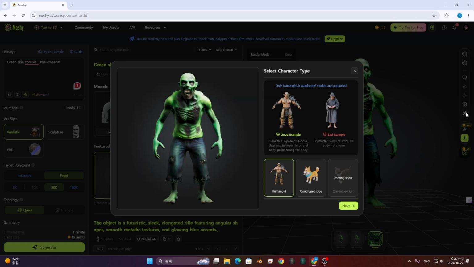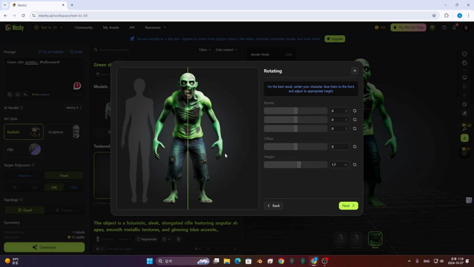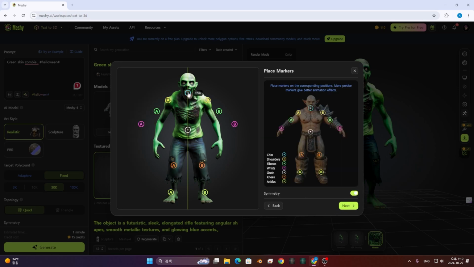Press animation, and you can choose between humanoid, quadruped, dog, and I think it's humanoid. And then press next. You have to rotate your model so it fits like this, but I don't have to. You can now drag this to choose the place of your chin and those things like this, shoulders, and then elbow, wrist, and then knee, and then ankle. And then this will be groin. And press next,